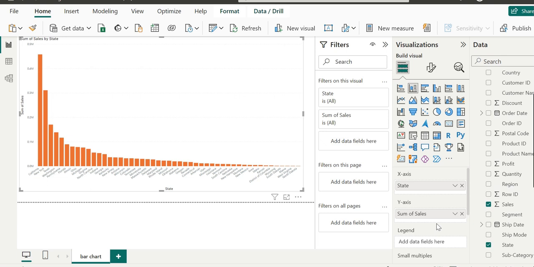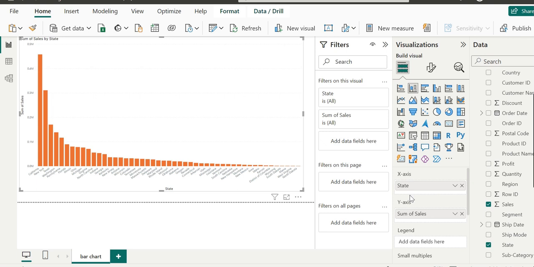What's more, Power BI also realized that it's the categorical value, the state, that we want on the x-axis, so it has already been done. On the x-axis, there is only a categorical value.